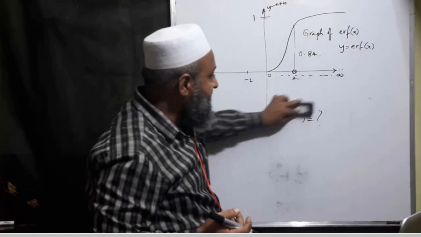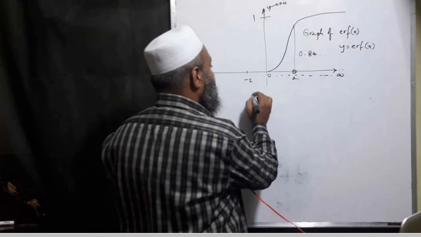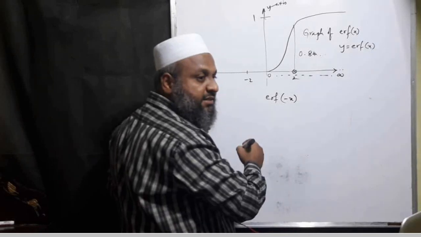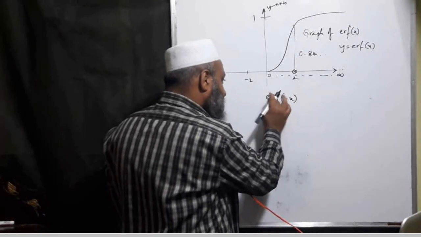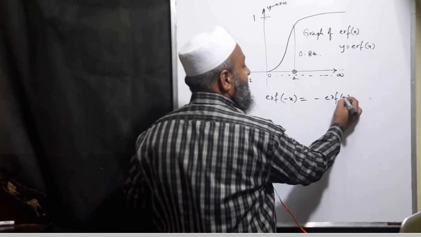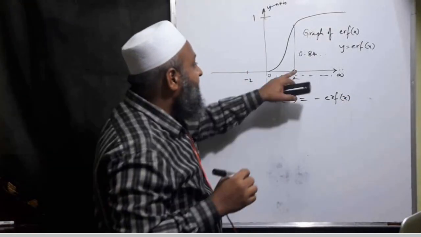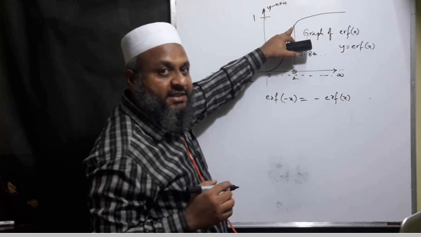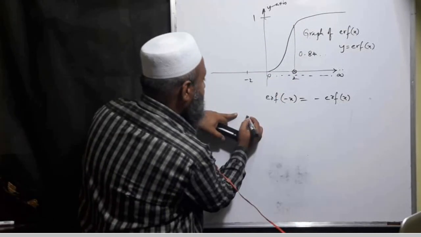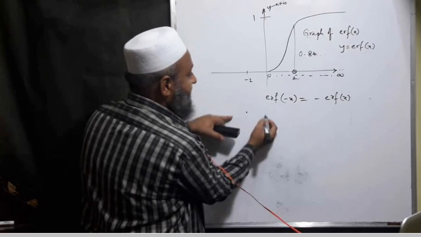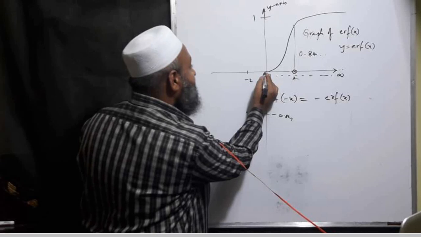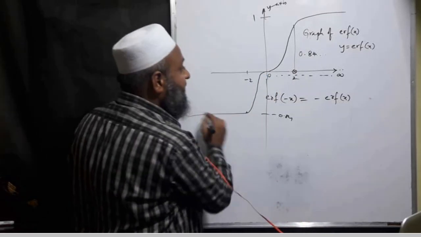For that purpose let us investigate in general what is error function at minus x. Now error function at minus x, let us prove that it is minus times of error function of x. If that is the case, then whatever value of the error function is at 2, the value of the error function at minus 2 will be negative of this one, so it will be minus 0.84 on the y-axis. So the graph has to come like this now, roughly, okay,